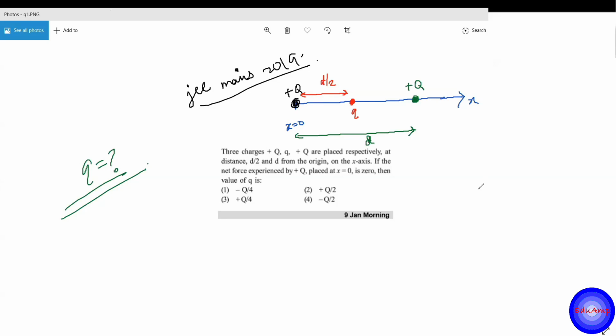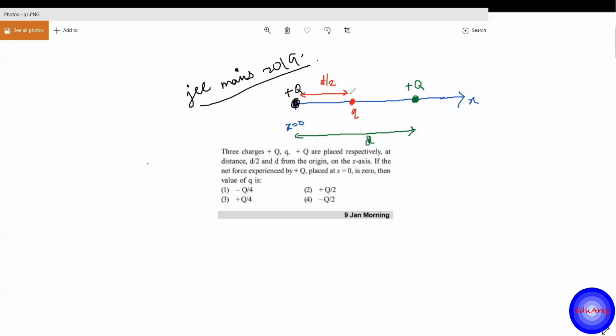Yes, Abhiram, Onisha, Devansh. Devansh is saying A. Onisha is saying A. Fine. Everyone is saying A. Any other answer other than A? Okay, let's see. This is an easy question, so let's not waste much time on this.